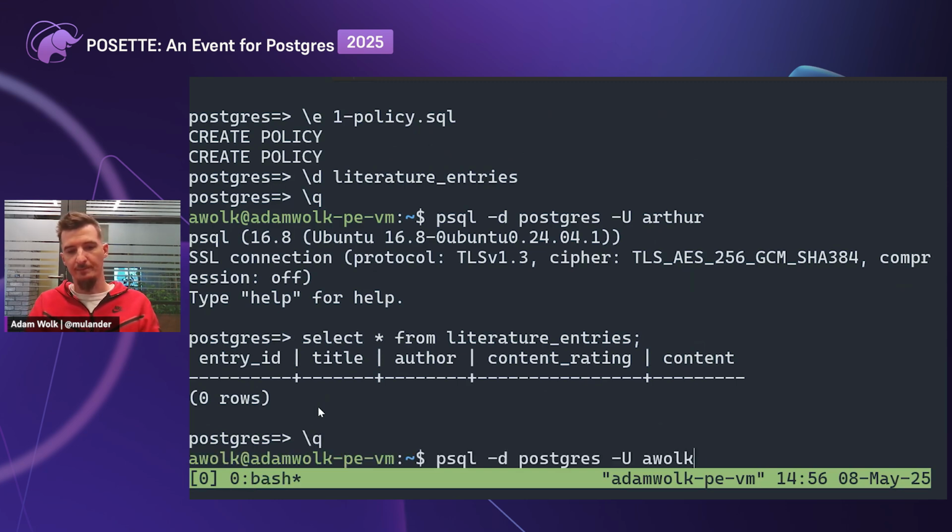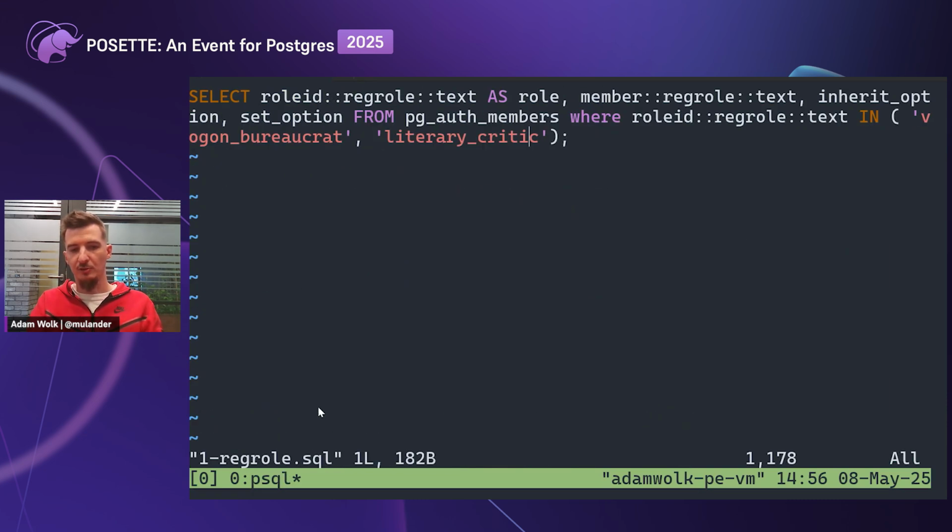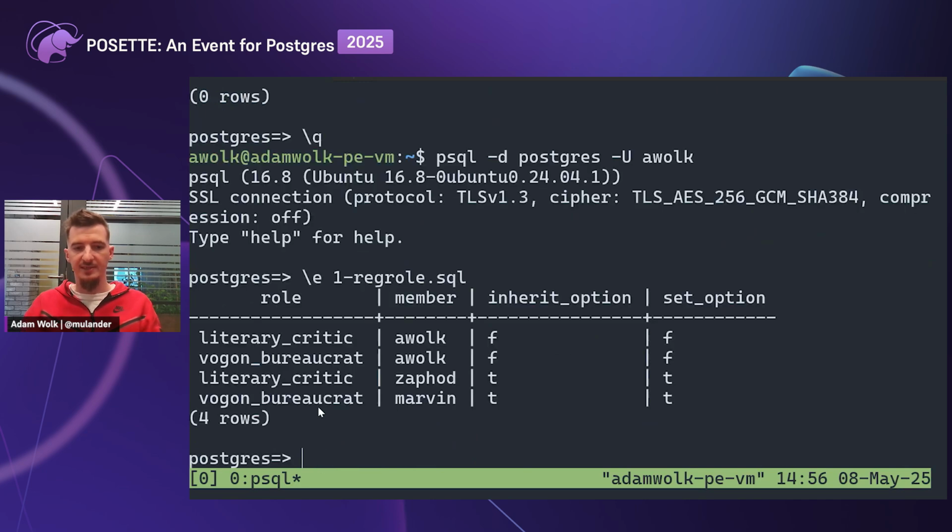If we go to my superuser account and check what role assignments I did, you can see that Zaphod is a critic, and Marvin the robot is a Vogon bureaucrat because, hey, robots don't care about reading Vogon poetry. But just for the sake of it, we prevent Arthur, the regular human being, from reading anything stored there, because maybe he sees that Earth is bound to be destroyed in 50 years and maybe files a complaint, and the Vogons wouldn't be happy about that. So what can we do here?